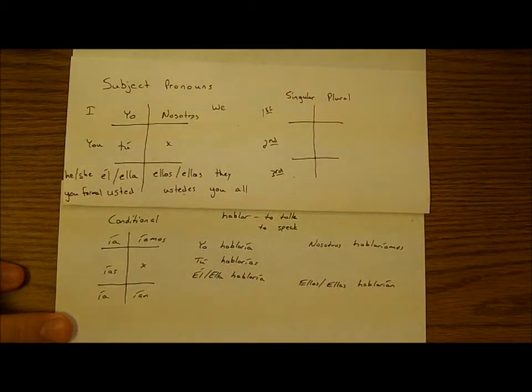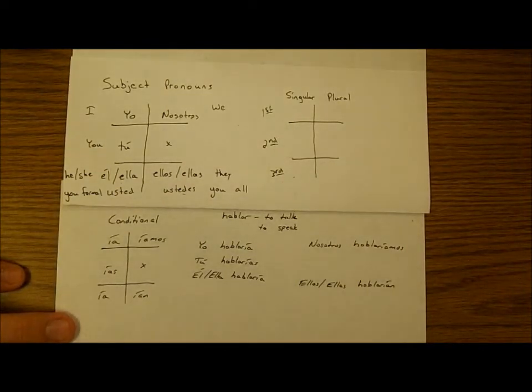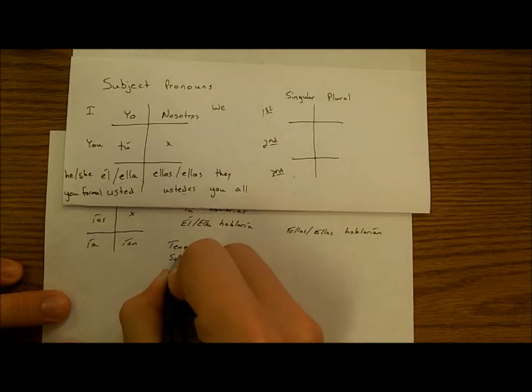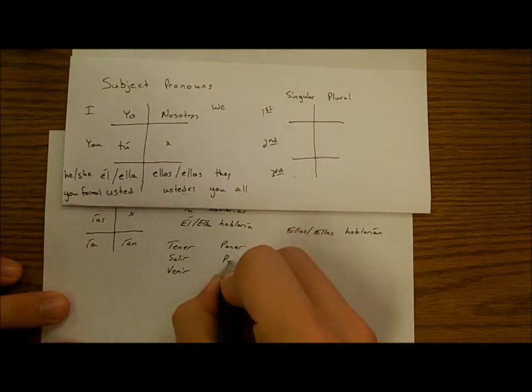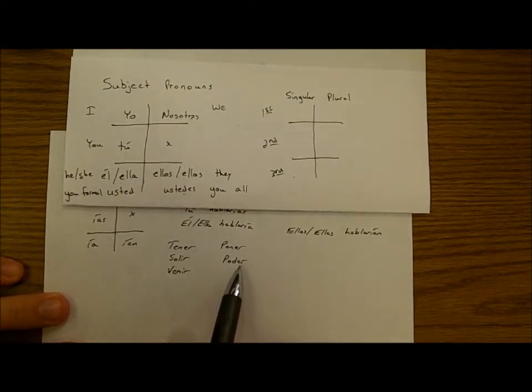Now, just like all verbs in Spanish, there are some irregulars in the conditional tense. They are the same irregulars as the future tense, and there are 9 of them. I'm going to break them down and try to classify them into categories in order to help you just a little bit more. For the first 5 irregular verbs, which are tener, salir, venir, poner, and poder,